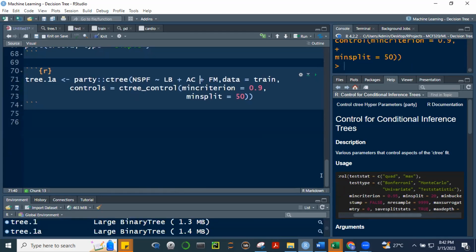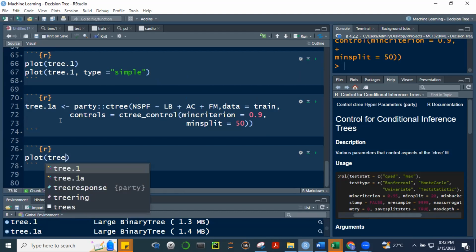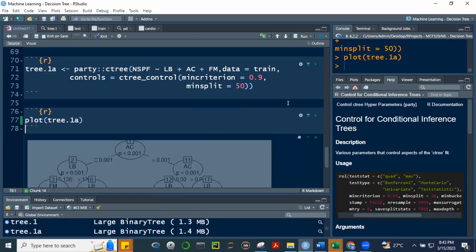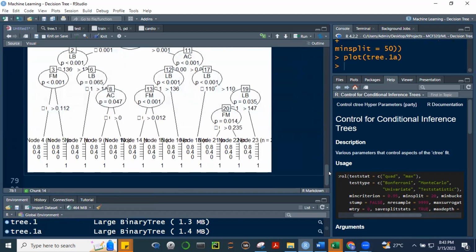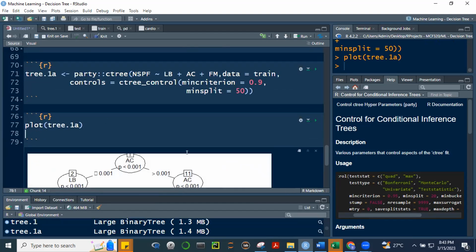So run natin si 3.1a, and then i-plot natin. So, Control Alt 1, okay, plot 3.1a. Okay? Okay, and as usual, ito na naman, no? Ayan. Pero gawin natin yung mas, okay, check na. Sige, dito natin.